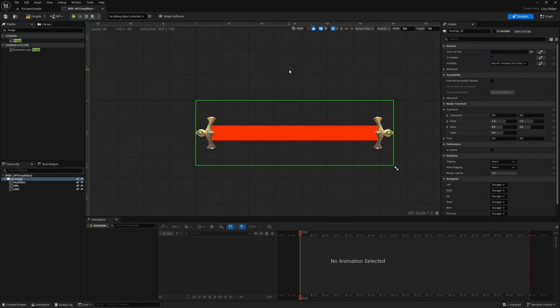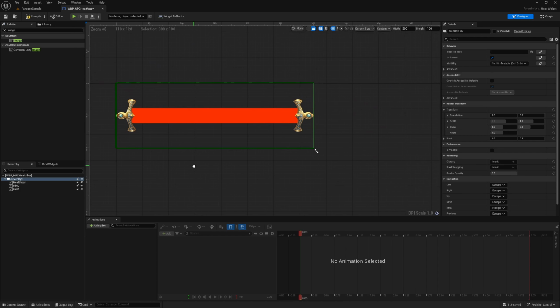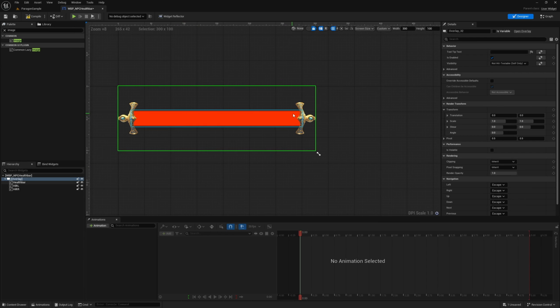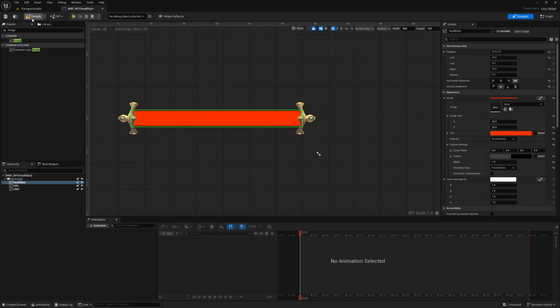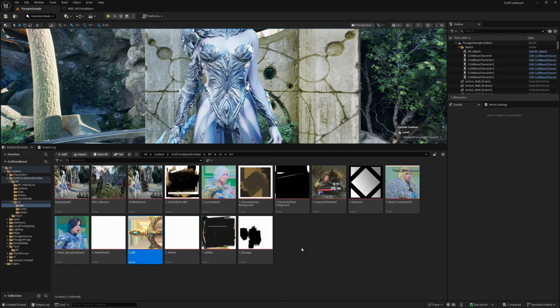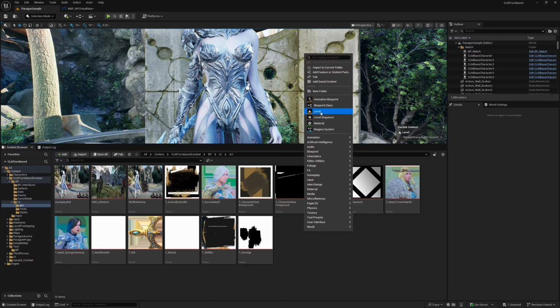Okay, now this looks flat, so it would be better if we have some kind of a 3D effect here. So compile here, let's create a new material,